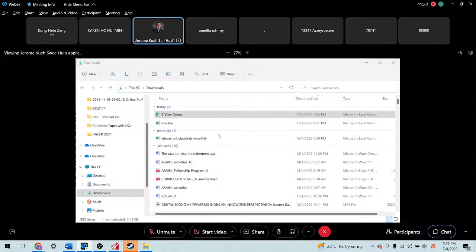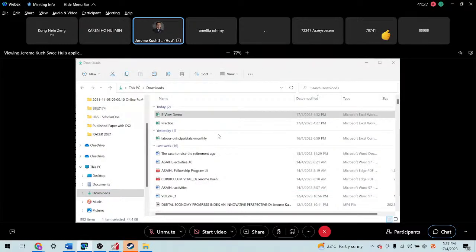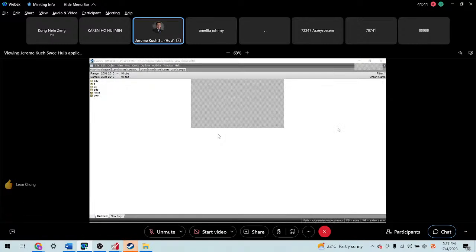Alright, is it clear? The three methods. So it's very easy. Now we really know how to transfer from Excel into eViews. This is the first step that is very important.